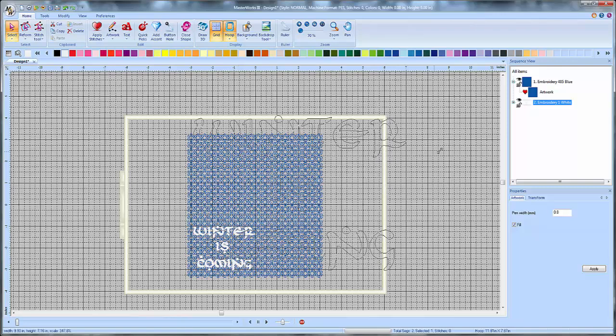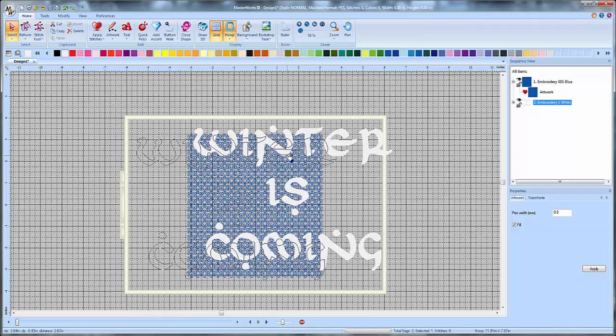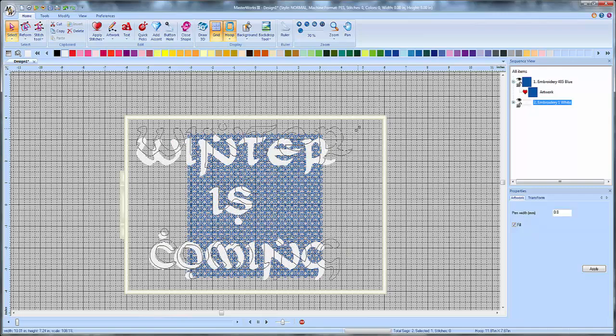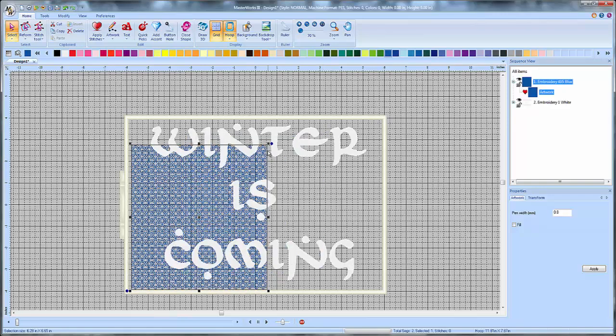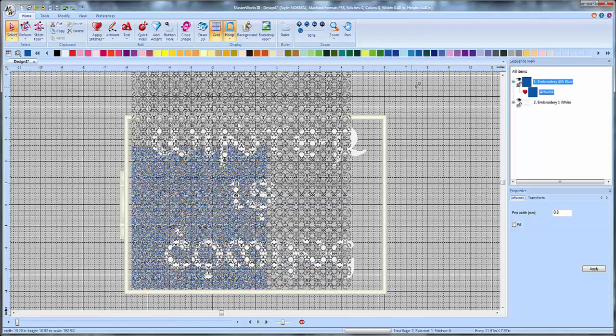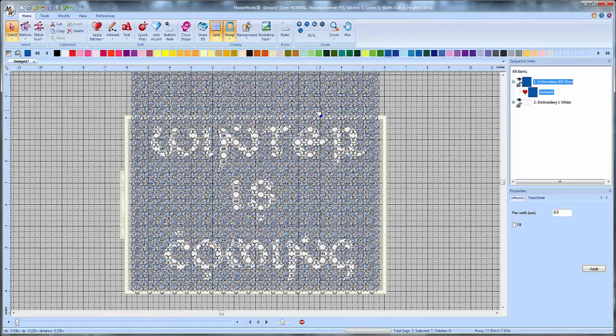I'm just going to fit it to my hoop here as much as I can. So I want this to be nice and big, this design. And that means I'm actually going to have to take my block of snowflakes and make them a little bit bigger. But that's okay. We'll just scale them up so that they fit. Just like that,